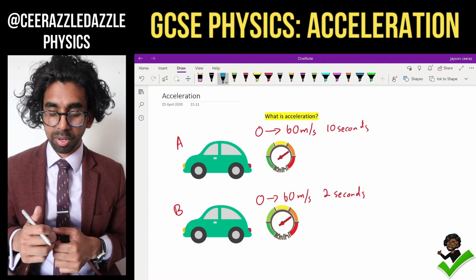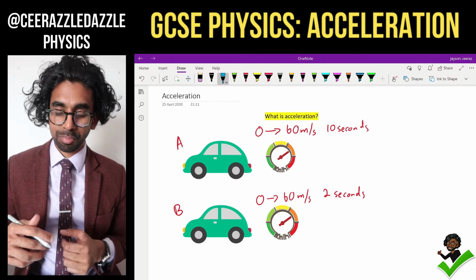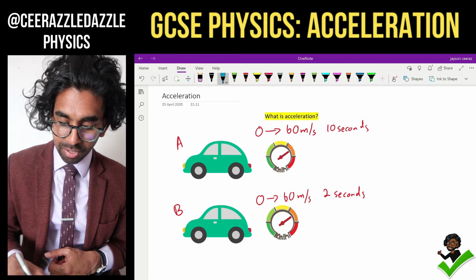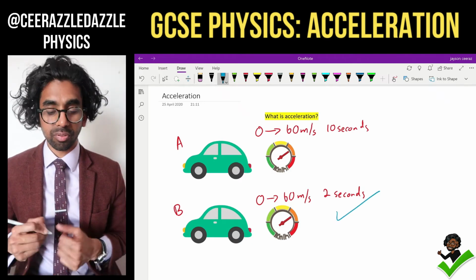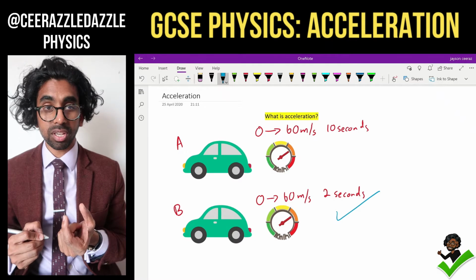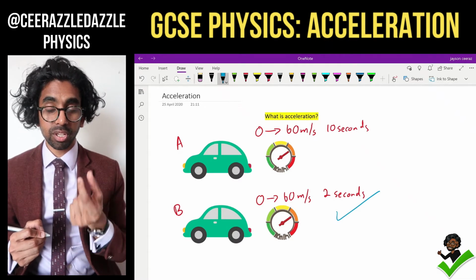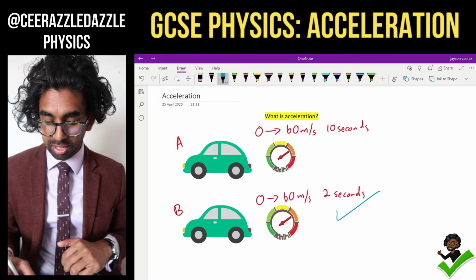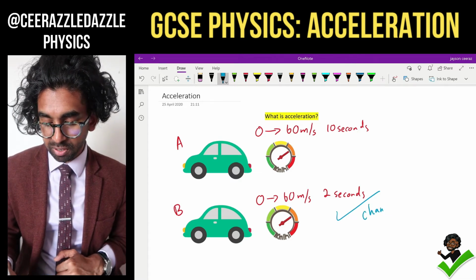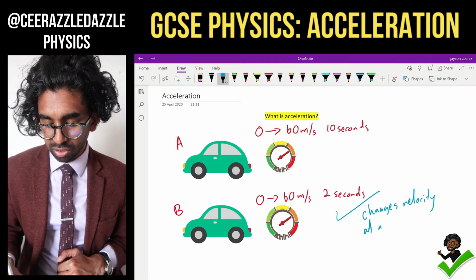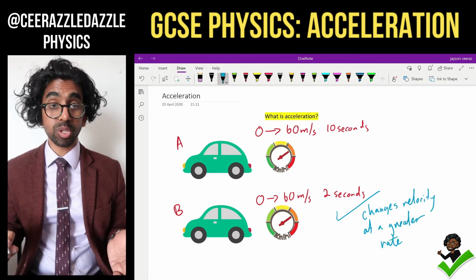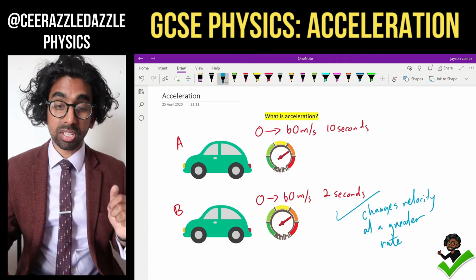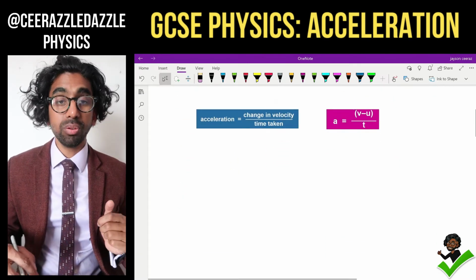Well, some of you are probably going to choose the easy option, but you should recognize that the second one is the better option. The reason why is that it can change velocity in the shortest period of time. So it changes velocity at a greater rate. And that helps us with our definition of acceleration, because acceleration is equal to the change